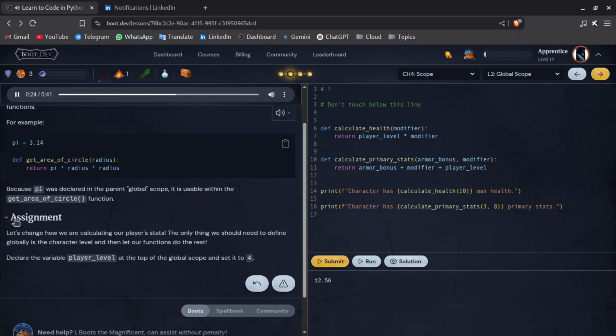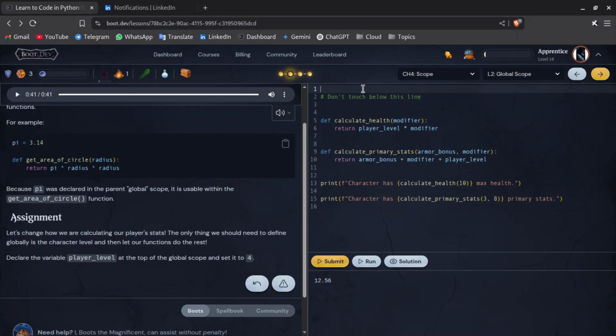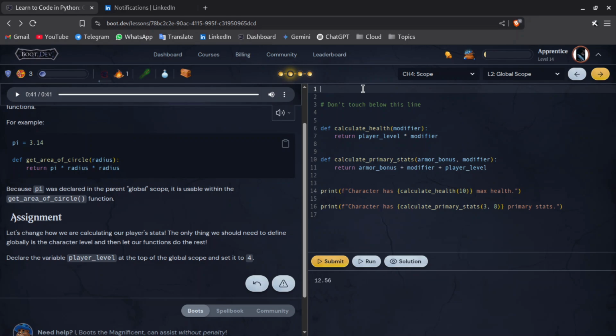Okay. Assignment. Let's change how we are calculating our player's stats. The only thing we should need to define globally is the character level, and then let our functions do the rest. Declare the variable player_level at the top of the global scope and set it to 4. All right, let's do it. So we have player_level